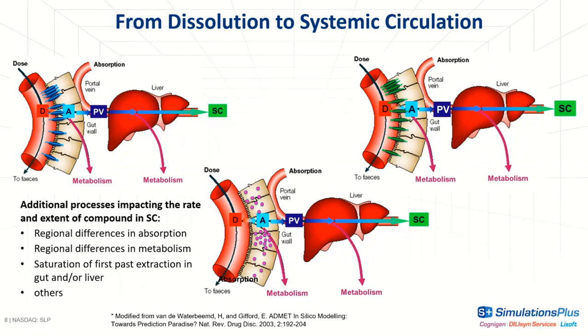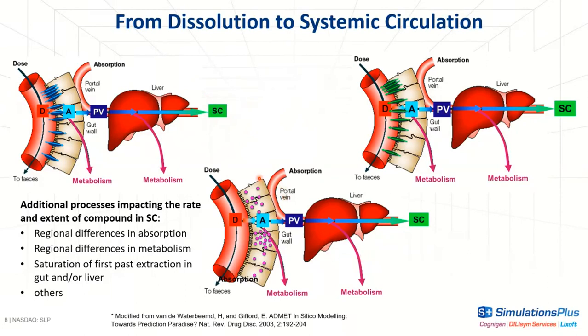So typically they would have higher expression in certain regions of the intestine, lower expression in other regions of the intestine. So this could impact the rate of the compound showing up in the systemic circulation, different than the actual rate of the compound in vivo. So the differences in the rates in the systemic circulation could be magnified compared to the actual difference in the in vivo dissolution rate for the two different formulations,